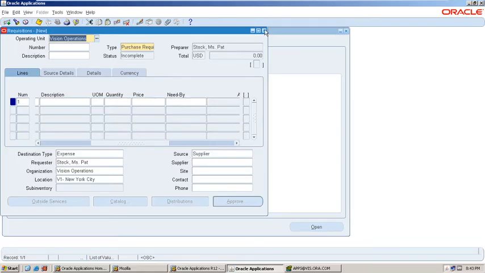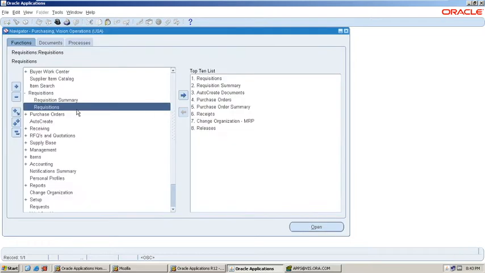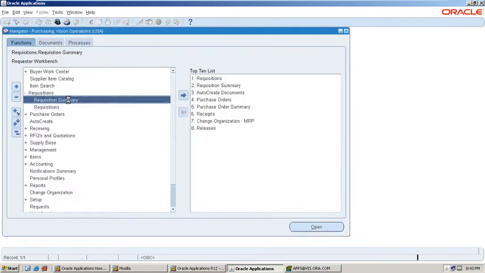Now, the requisition you can verify from the requisition summary form.